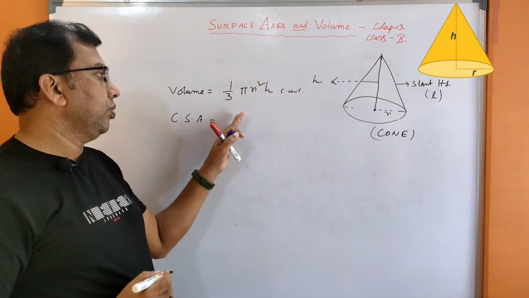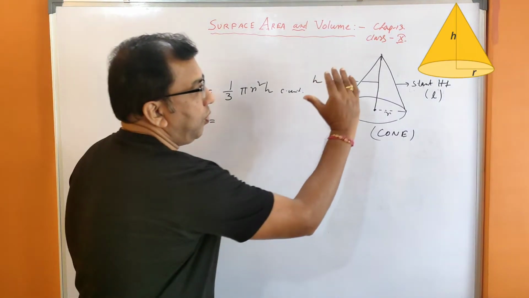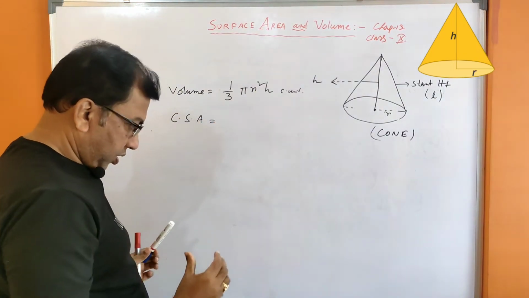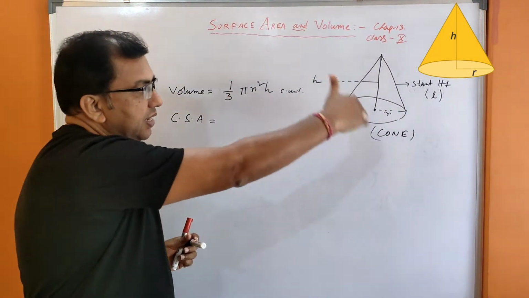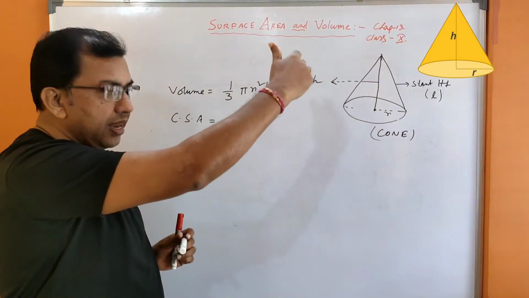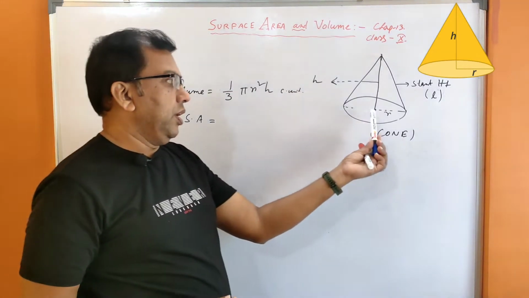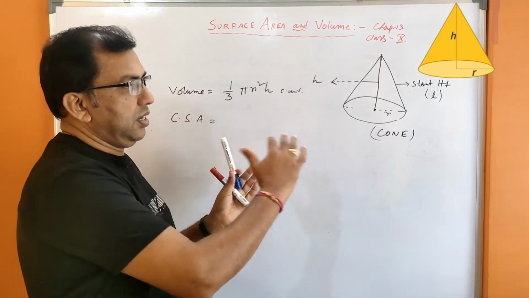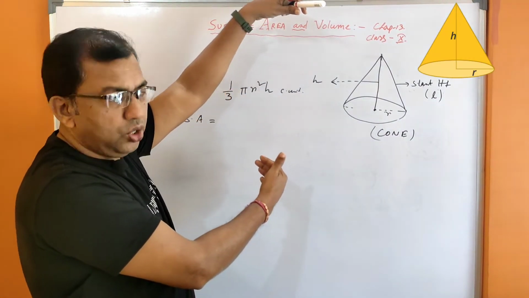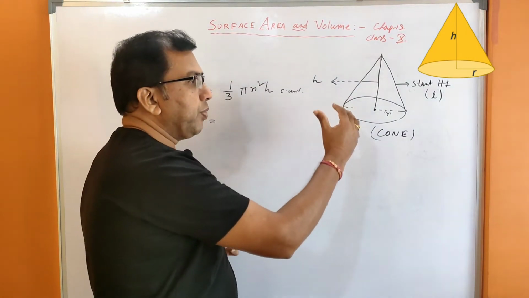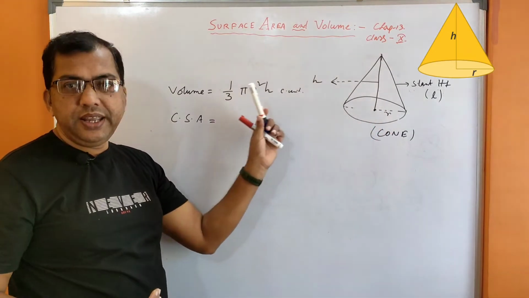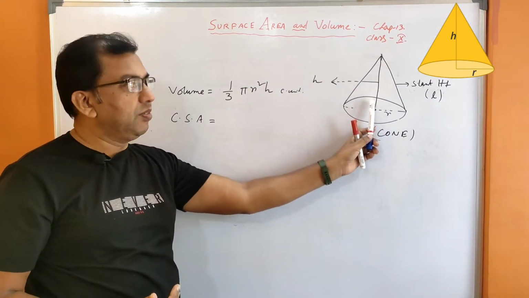Curved surface area will be, that is only the side surface. In this case, slant height will be regarded. Slant height, pi RL. Okay, that is the radius. If radius increased, curved surface area will increase. Slant height increase, curved surface area increase. So, in that case, what will be the curved surface area? Formula, that is pi RL.